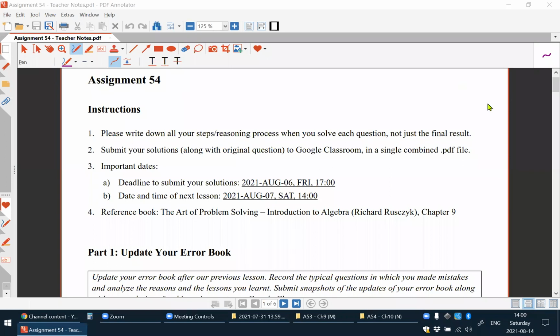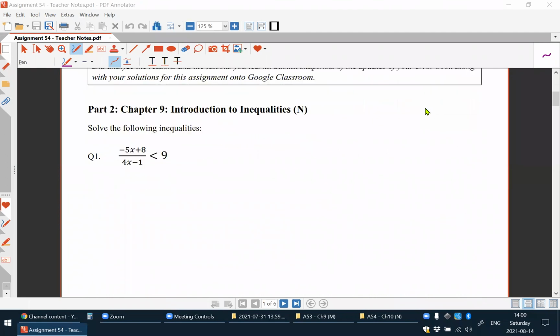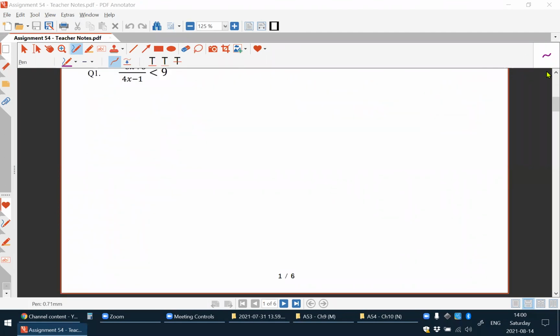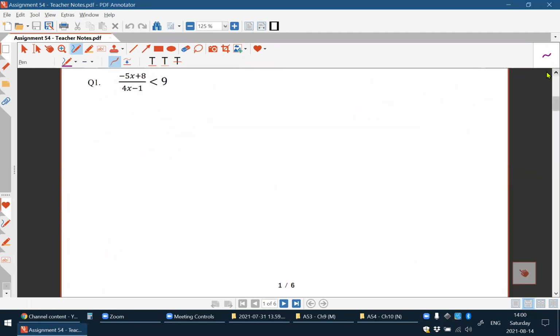All right, since you have those here, let's have a look at assignment 54, with question 1. For this kind of question, usually we'll put everything on the left-hand side and rewrite the whole expression using the common denominator, right? So the original problem is equivalent to